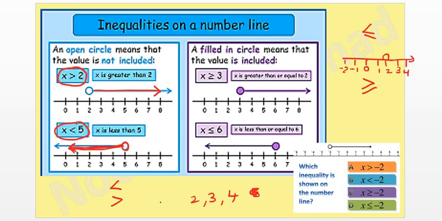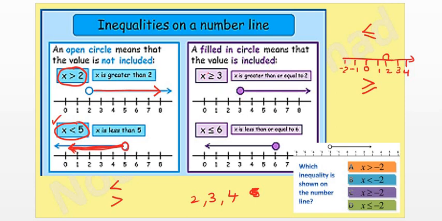4, 3, 2, 1, 0, -1, negative, all these lesser numbers, we need them, right? Because our answer, or you can say our range, is saying take all the values that are less than 5. So I'm going to make a blank circle above 5, and then I will take all the numbers that are less than 5. The arrow will go to the left side. What if I have a,